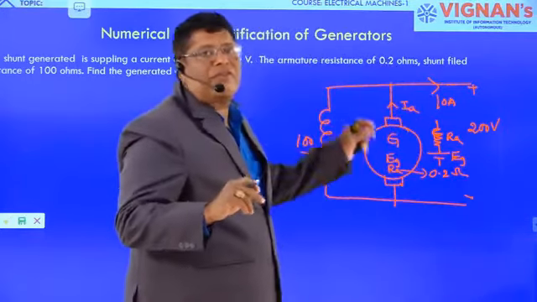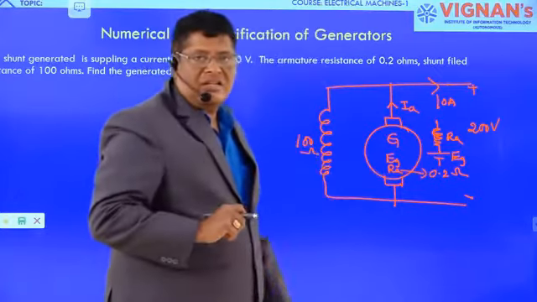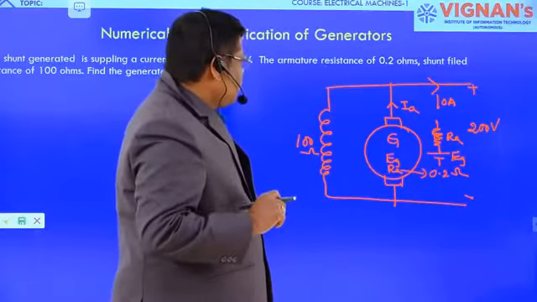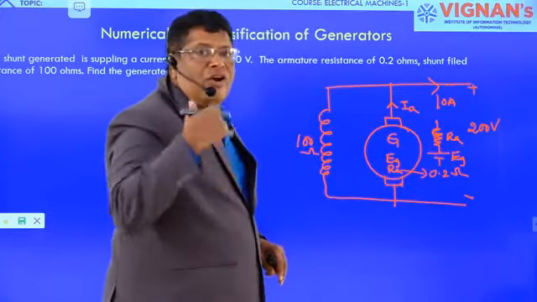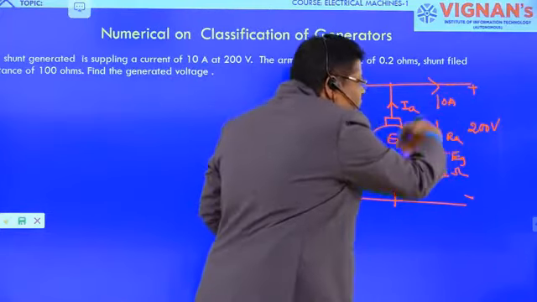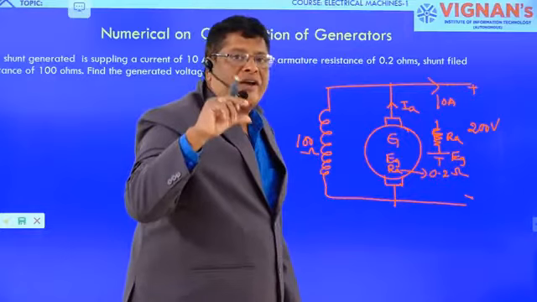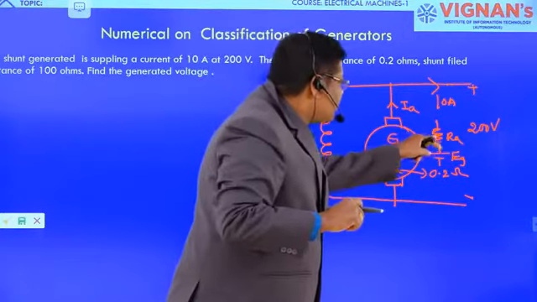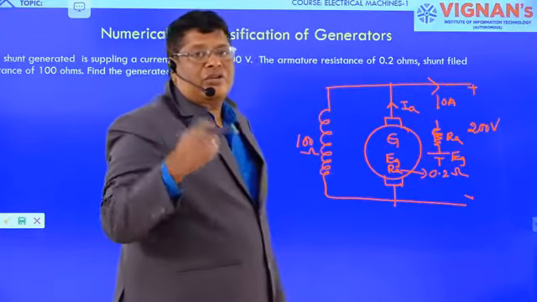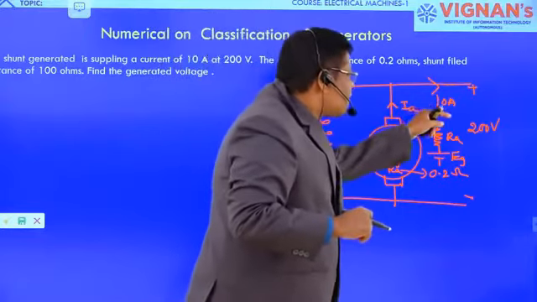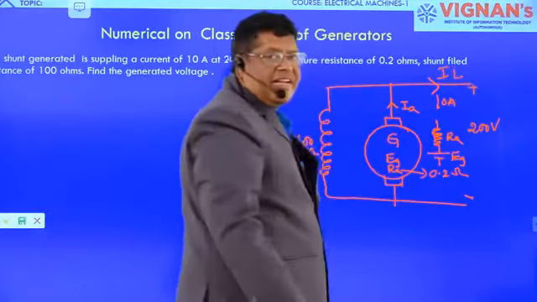The generated voltage here we are representing as a DC voltage source, that we are representing as EG. Now our aim is to find the generated voltage. We have to apply KVL in this loop. To apply KVL in this loop, we should know the voltage drop across each element. See here, the RA value is given, but the armature current we do not know. That we have to calculate. The total supply current of 10 amperes is nothing but the load current, that we can take as IL.